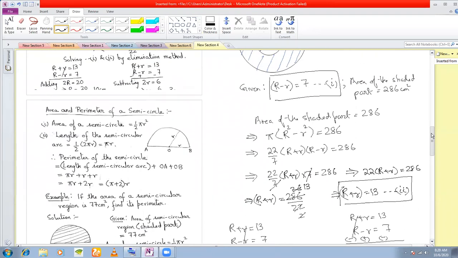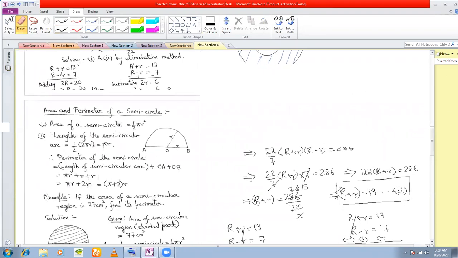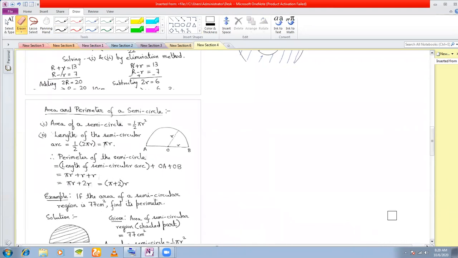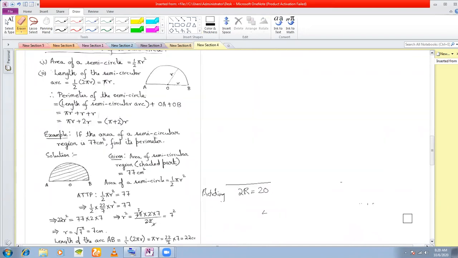Next, we come to the concept of semicircle. Now, what do you mean by a semicircle? A semicircle is a half circle. In fact, any small part of the circumference of a circle,